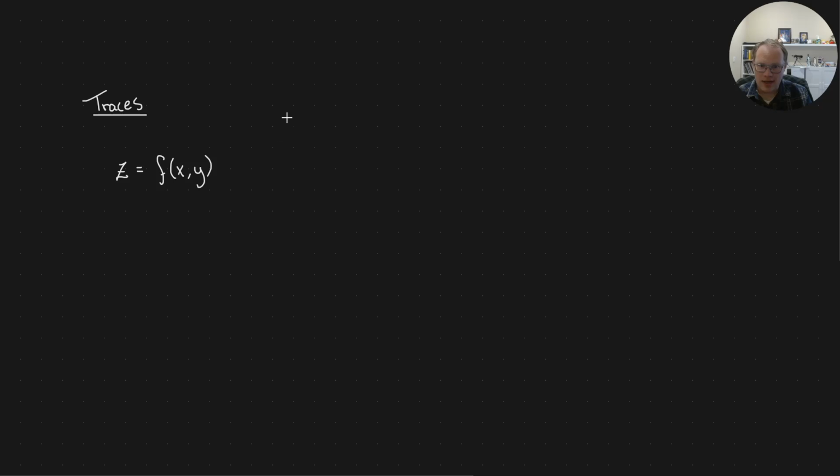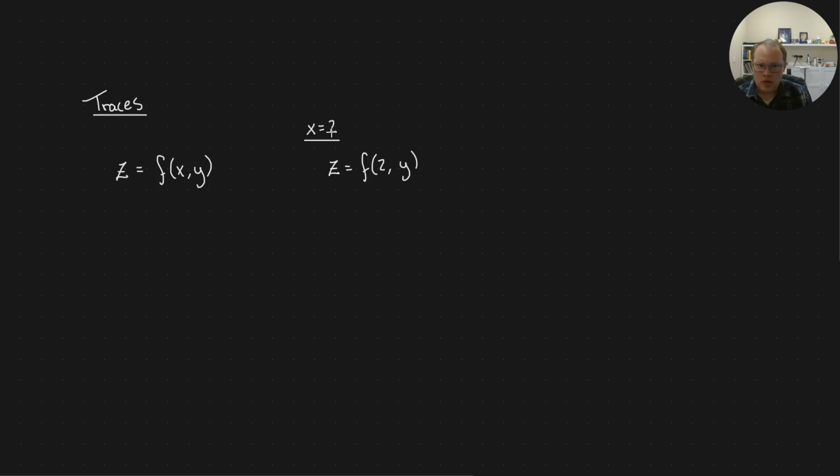So for example, I could look at the trace through the plane x equals 2 by just setting all my x's equal to 2. Now that gives me a relationship, an equation of just two variables. And I'm great at graphing equations of two variables. We've had a lot of practice with that. And that gives us an idea of the cross section at x equals 2. And with enough cross sections, with enough of these traces, you get an idea of how to reconstruct the full